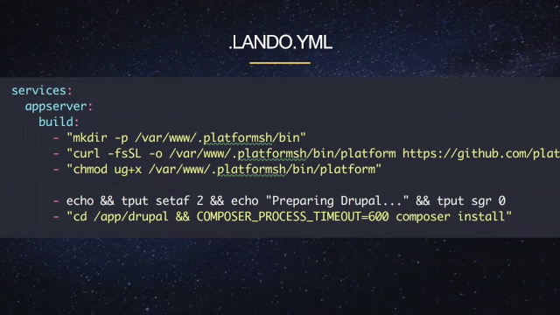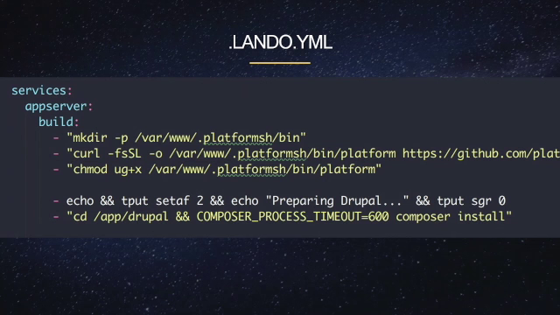And then further down your Lando YAML, you'll have the services section. Now, here, App Server is a service you actually already get out of the box, as I mentioned earlier. It's the one that is going to run Drupal. It's your PHP and your Apache. What we're doing here, though, is we're saying, okay, during the build process, so under this build line, meaning when Lando is starting up for the first time and it is creating your environment and setting it up the way you need it, it will run whatever steps you define here. So we're going to,